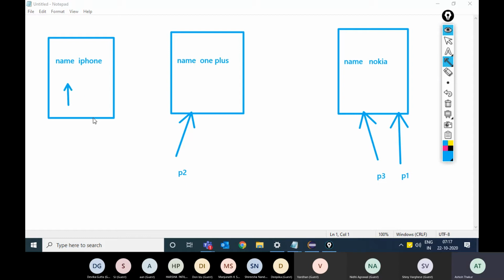It will be automatically destroyed by Java. Okay, Java destroys the objects which have no references. Okay, I hope you have got my point.